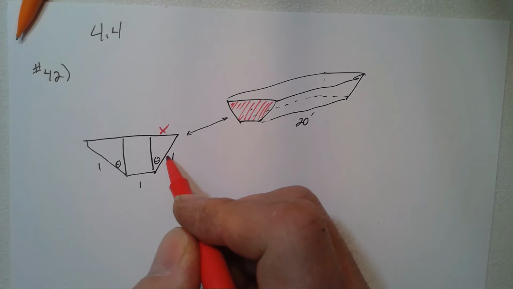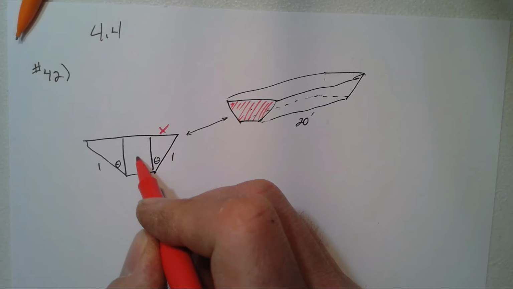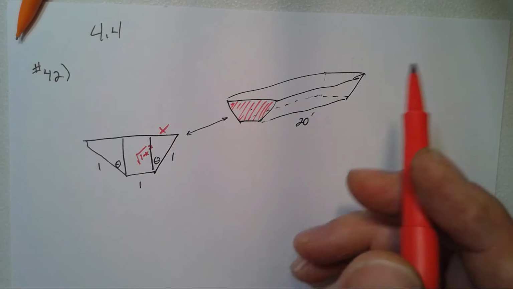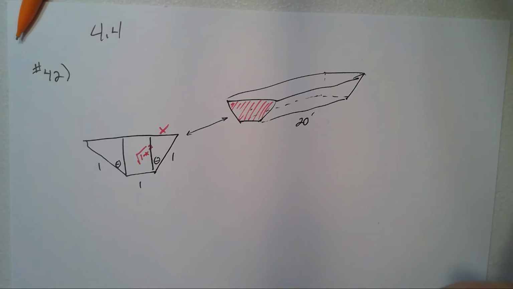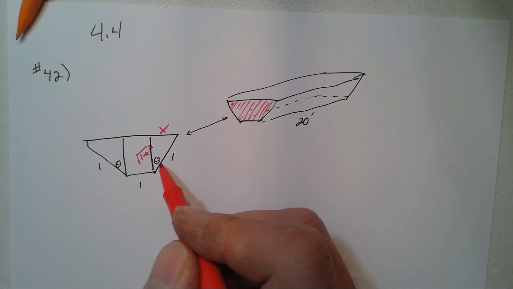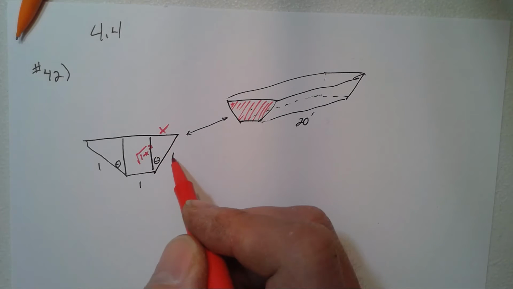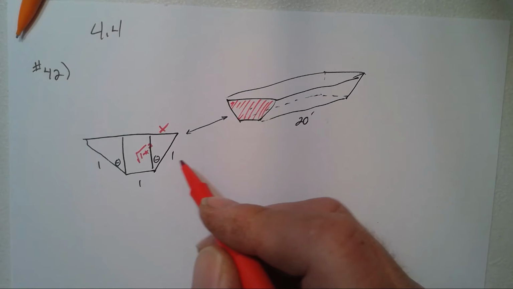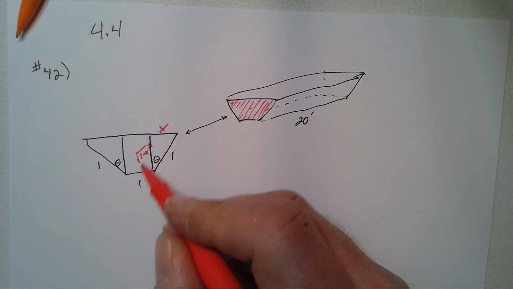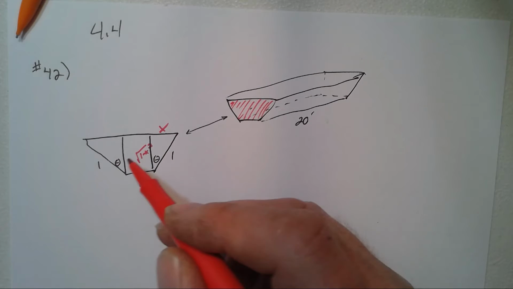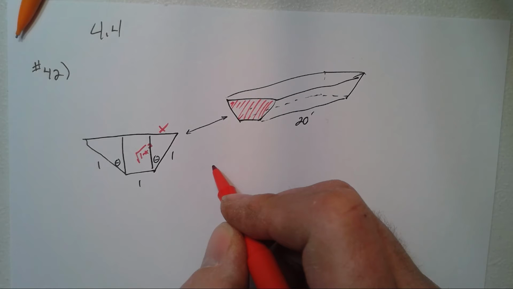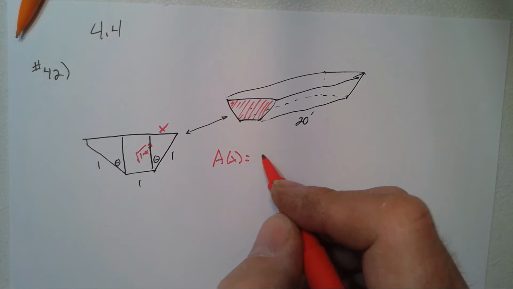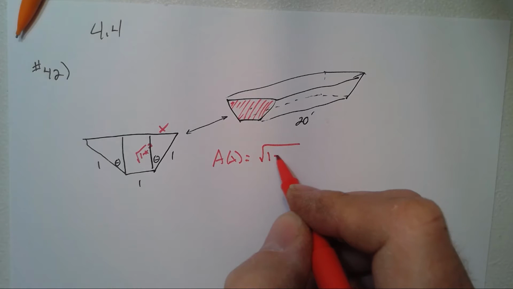So if that's the case, Pythagorean theorem would say this is my height, square root of 1 minus x squared, because x squared plus something squared equals 1 squared. Solve, you get that. Okay, so area of this trapezoid, one way of doing it is just find the area of the rectangle and then plus the area of the two triangles. So the area of the rectangle is base times height, so 1 times the square root of 1 minus x squared,